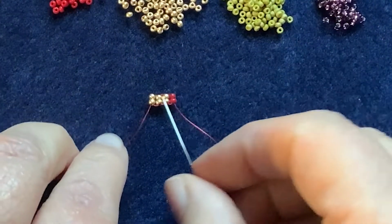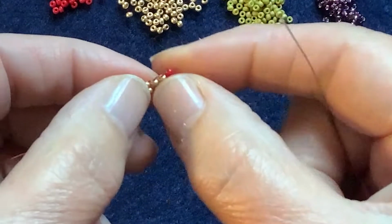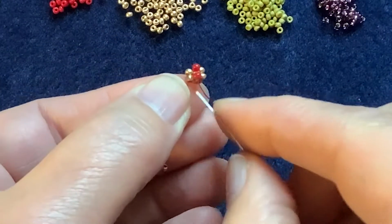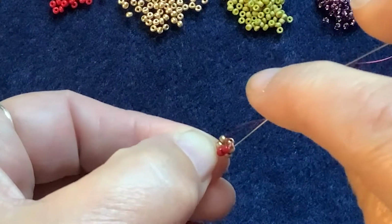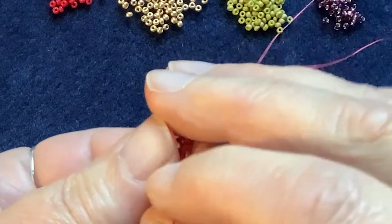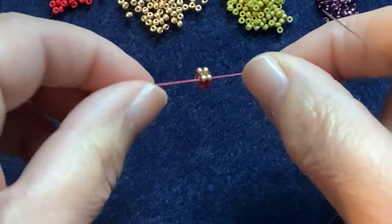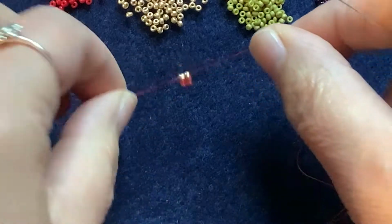So I've got 4 columns in total, 3 gold and 1 red. I'm now going to make them into a cylinder. So I'm going to bring the red last row against the first row in the gold, and I'm going to go up that first gold row, down the red, and up the gold. So I've made a little barrel, 2 beads on each side, and we're going to refer